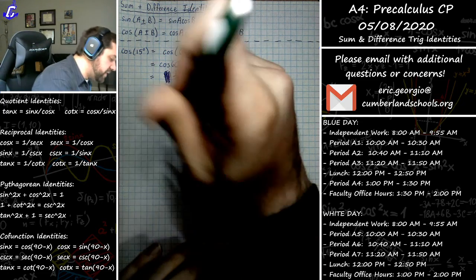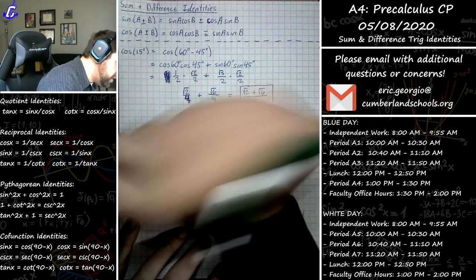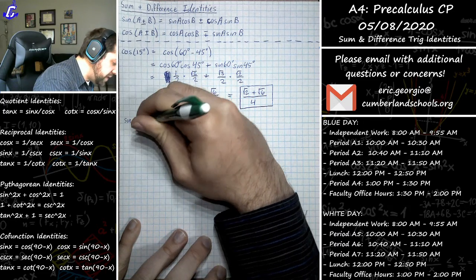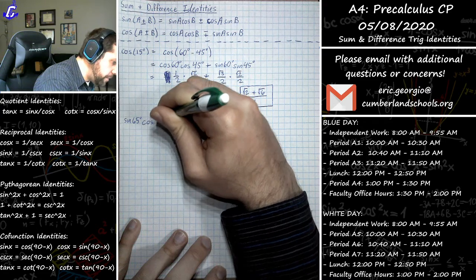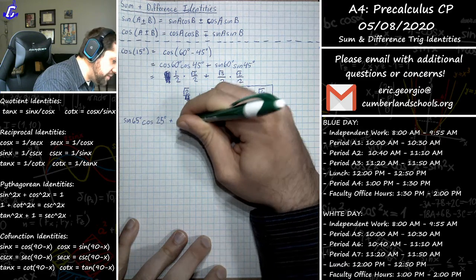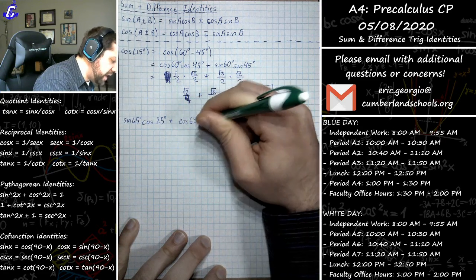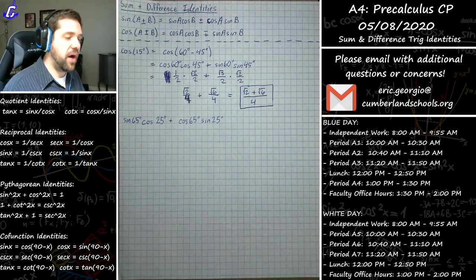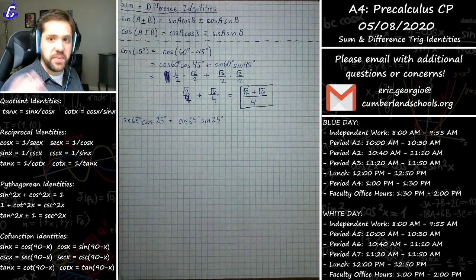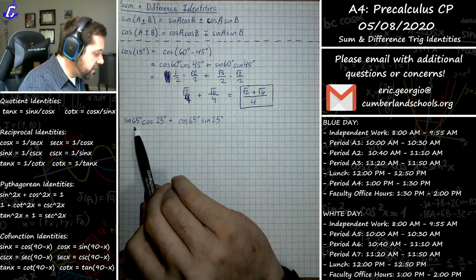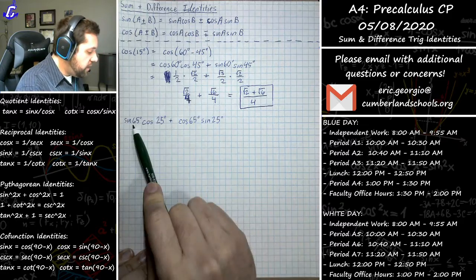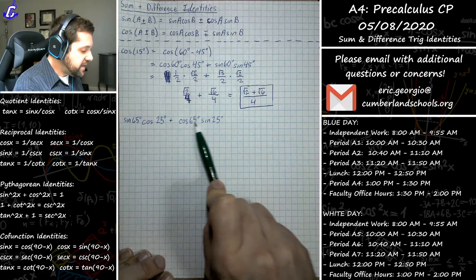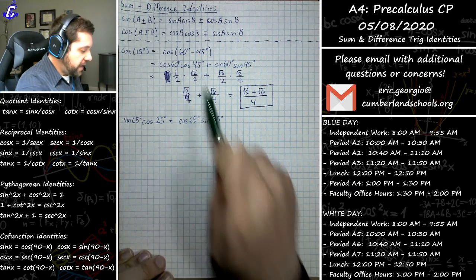Likewise, we've seen problems like this that can also go in reverse. Suppose I have something like this: the sine of 65 degrees times the cosine of 25 degrees plus the cosine of 65 degrees times the sine of 25 degrees. Rather than evaluate all of that separately, which would be a big pain, we can look up here and recognize this is really the same expansion that we see in the sum and difference identity. These match up with these.